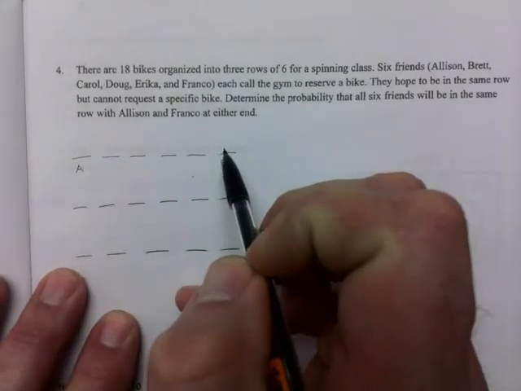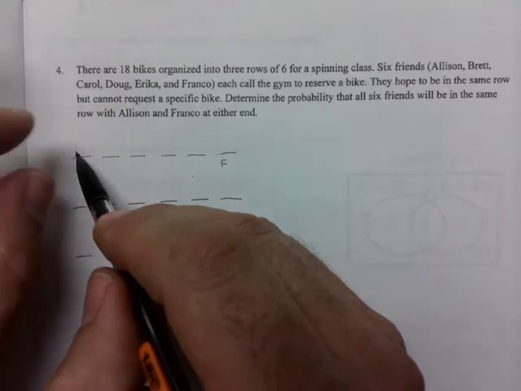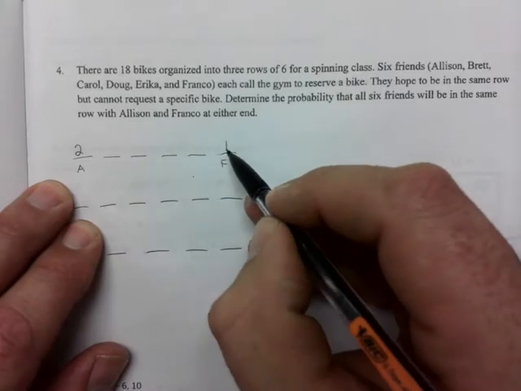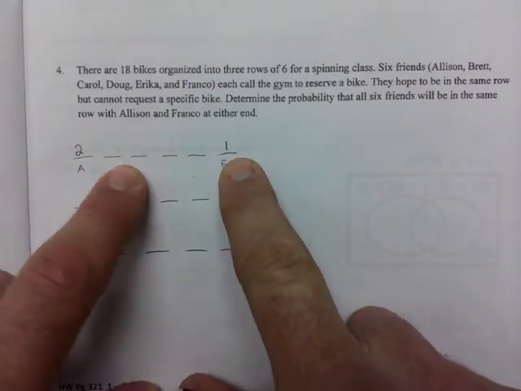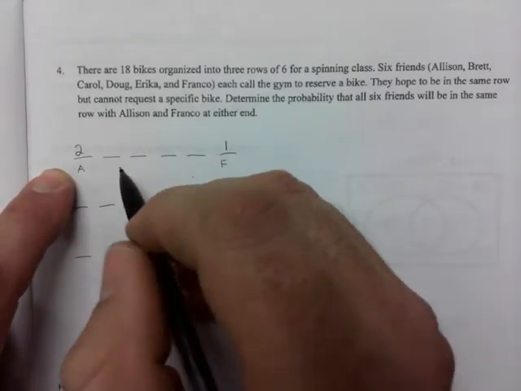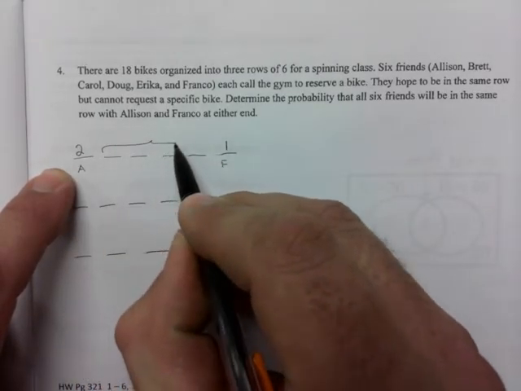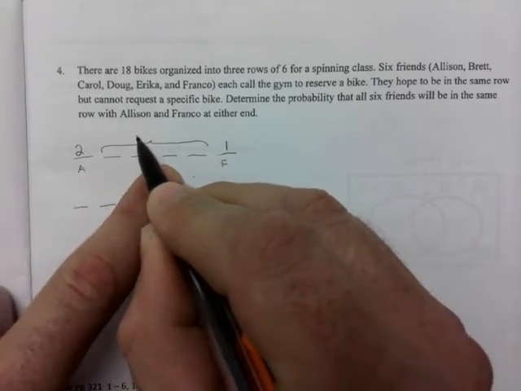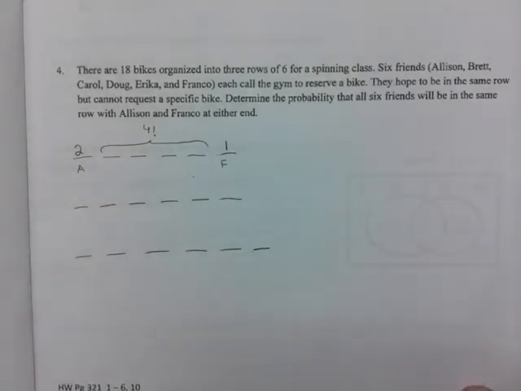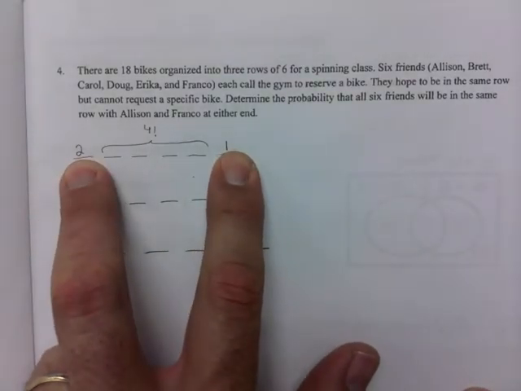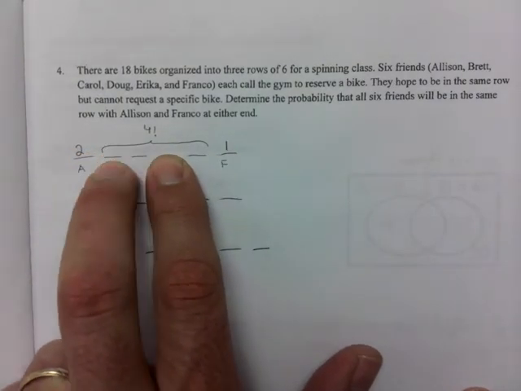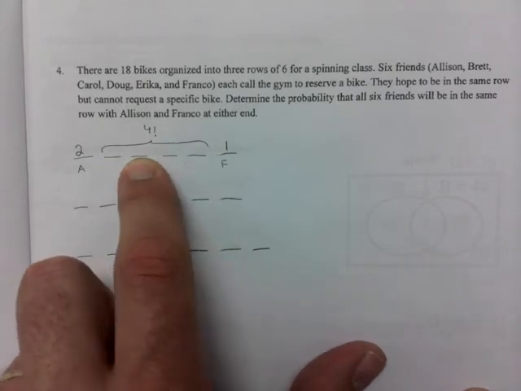Technically, either end means that you could have either Franco or Allison here, and vice versa. So that means that you have 2 options here, 1 there, right? This kind of tells you that you could have them flipped. So this is just talking within this 1 row. And then there are 4 spots remaining, so those friends can be rearranged, so that'd be 4 factorial. So technically this is 2 factorial. It works out to be that way. And then 4 factorial for the remaining 4 to be rearranged,